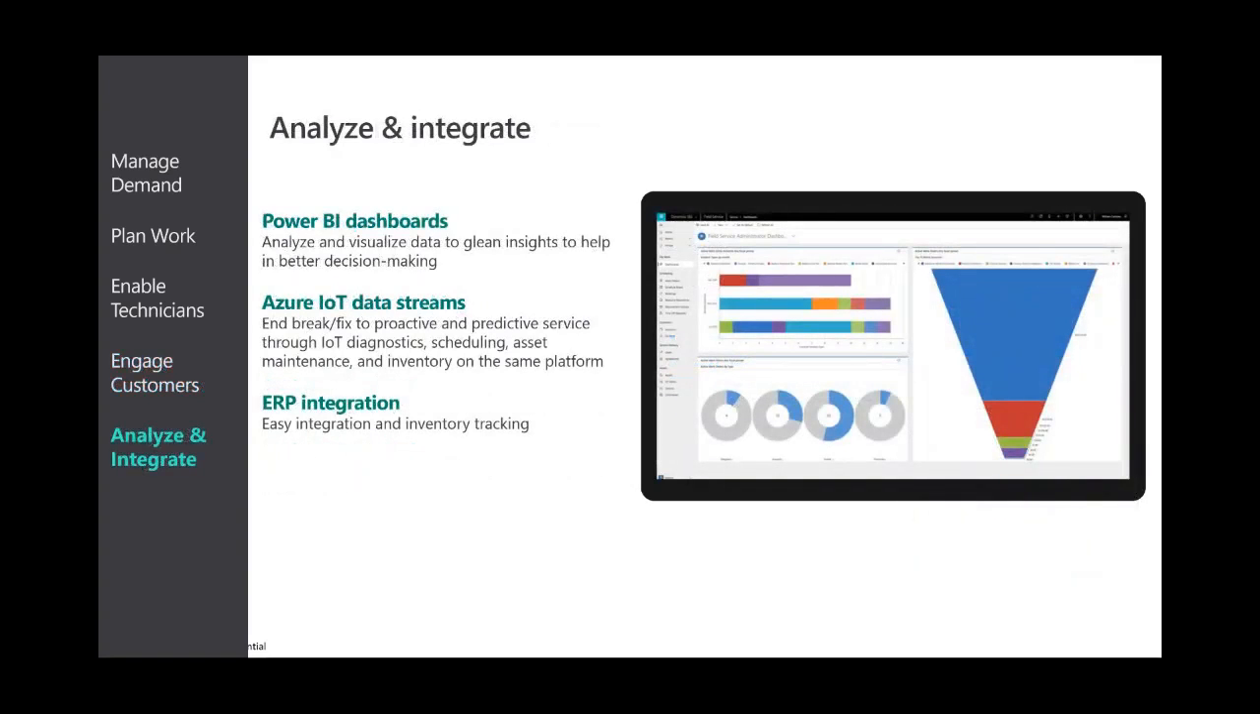And then we can analyze and integrate the data. Through Power BI, we can get very powerful dashboards of information, whether it's from just work order history to IoT telemetry on devices. Analyzing and visualizing this data to make important business decisions for the service organization is critical. The Azure IoT data streams provide us a way to get to a predictive model to where we can plan and forecast parts and resource capabilities and availability in advance and make great decisions on how we're moving forward in